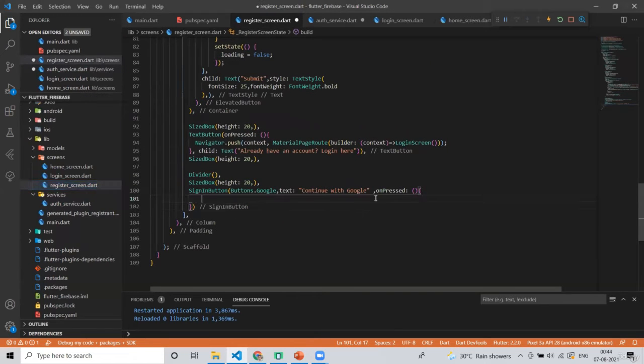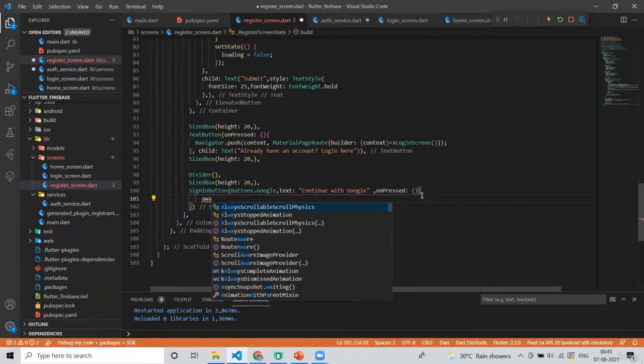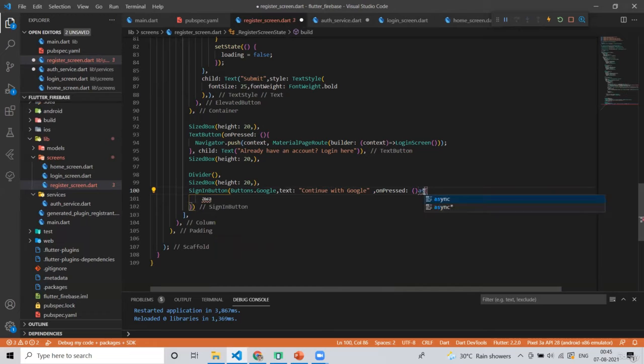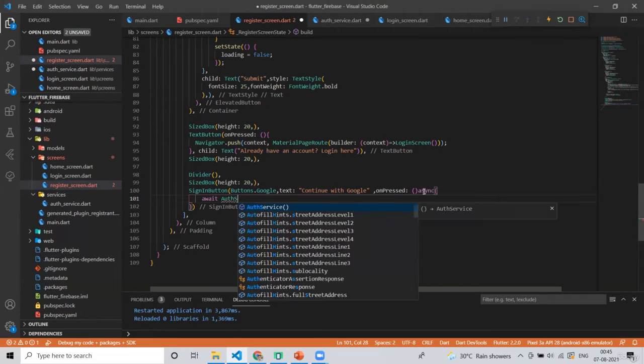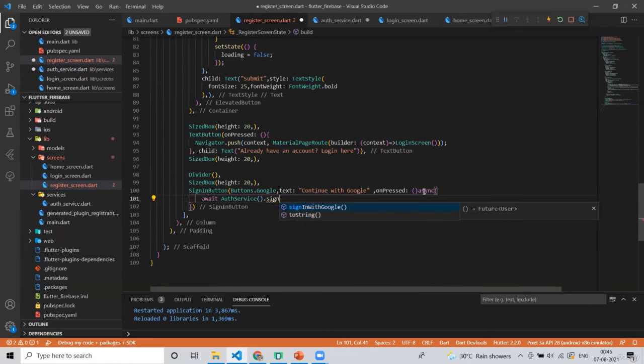Here I will simply first of all make it an async function and write await auth services dot sign in with Google.